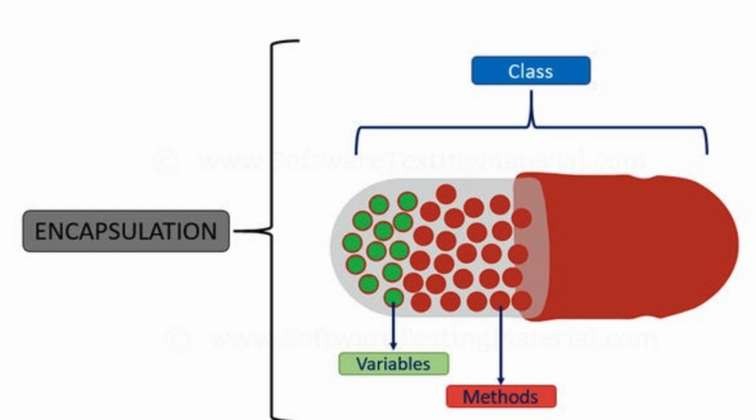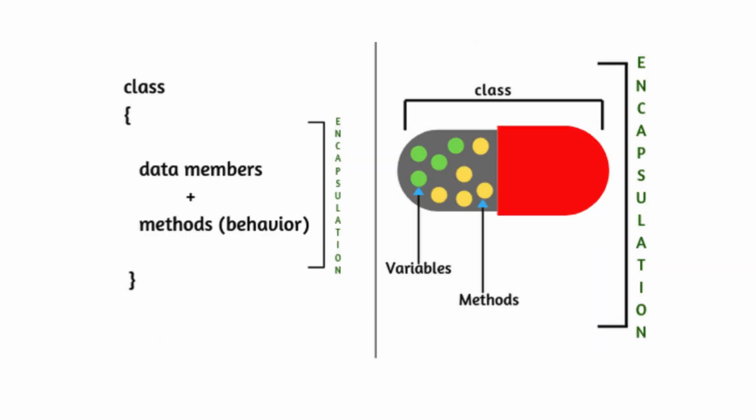This approach ensures that the object's data is protected from unauthorized access and modification, preserving its integrity. By exposing only necessary parts of an object's functionality while keeping the internal details hidden, encapsulation simplifies the interaction with complex systems. It also enhances security and reduces the risk of unintended interference by controlling how data is accessed